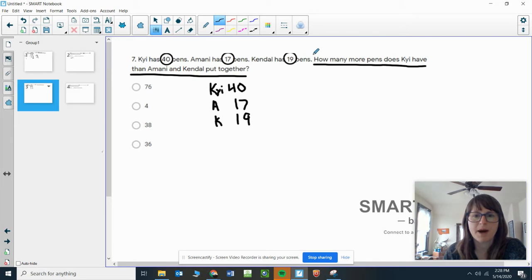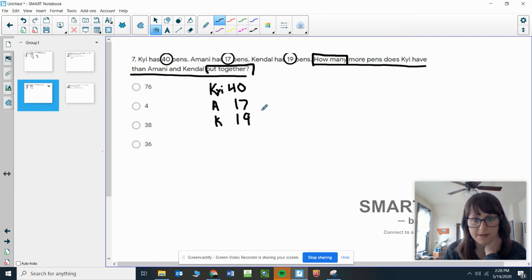I'm going to go ahead and box how many because we're trying to find the difference between what Kai has and then what Amani and Kendall have together. So I'm going to go ahead and box put together as well. So in order to solve this problem, we need to figure out how many pens Amani and Kendall